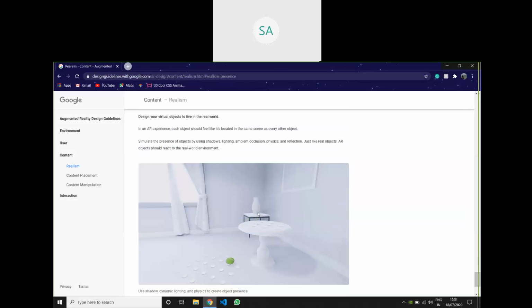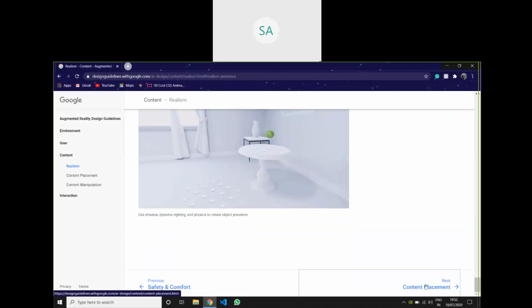The presence of the object should be the same in every environment. So when the ball is there, it is bouncing here on this, and then it is falling on this. It should be the same when you go into some outside environment and there is some rock present here. And if you place the object somewhere in the air, it should fall down here, and then it should bounce, and then it should go there. Something like that. It should be the same for the object. So for this to happen, you need to use all the above things like shadows, lighting, physics, reflection, and all.